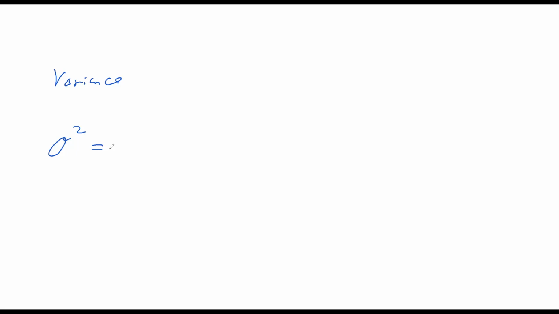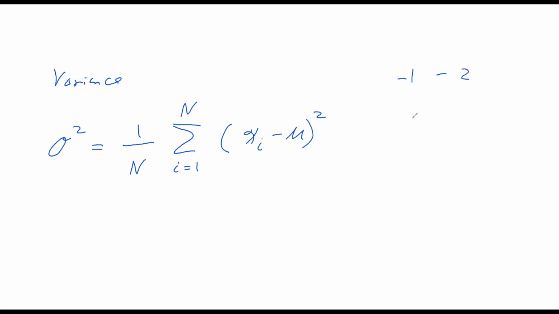So here is the formula for that as well. That's going to be 1/n, and remember, this just means sum from i=1 to n. So we're going to sum all those values. We take xi, which is our sample, and we take the difference and square it. Square is so that if we have negative values, like -1, -2, we don't take into consideration the signs. We just get the distance, basically. All right, so this is what we're going to be using